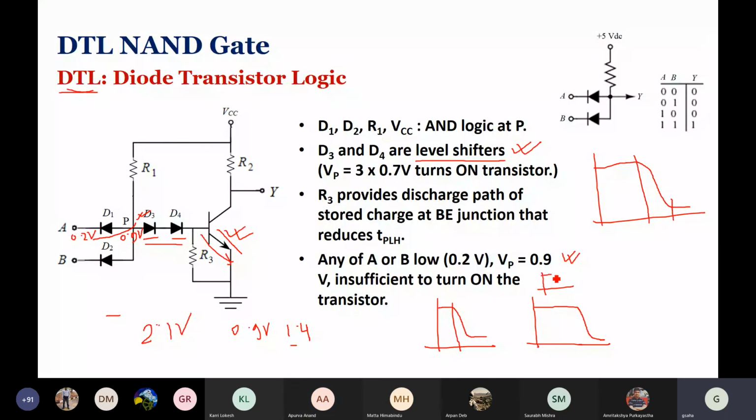So you have got 0 to 5 volt here total, right? So instead of 0, if it is 1.4 volt, this input output characteristic is occurring somewhere in the middle, 2.1 volt to some other volt, say 3 volt or so on. Whatever, you have to calculate this value. So this is just shifting it towards right. Or otherwise you can work with 1.4 volt. So this is what the designer thought about, putting another diode over here, which takes the transfer characteristics, the active region, towards the middle. So this can be a good thing for more uniform noise margins.